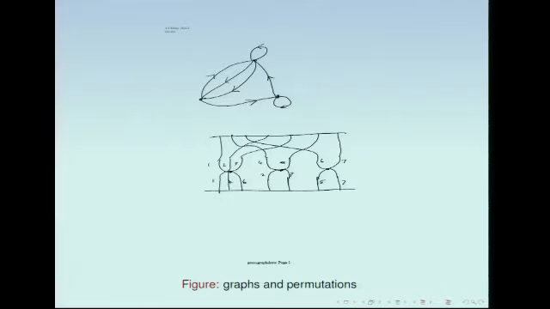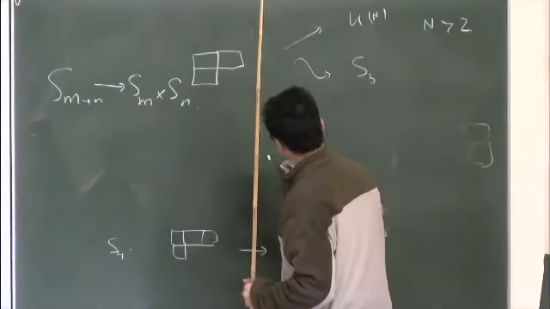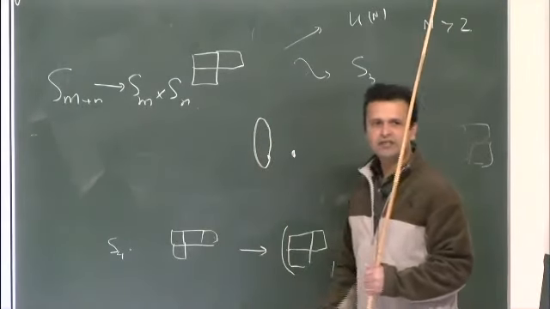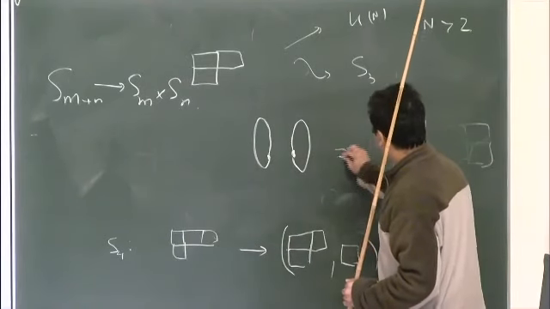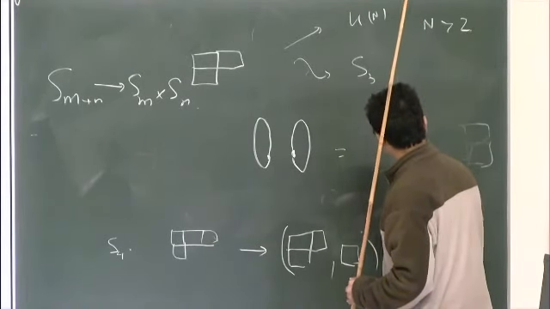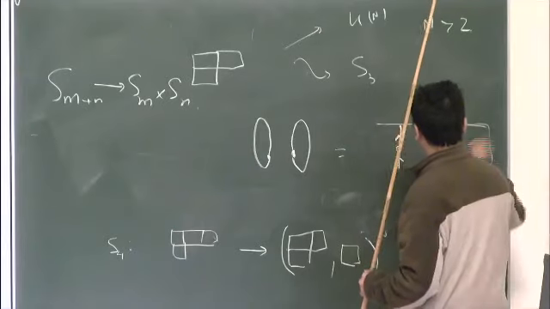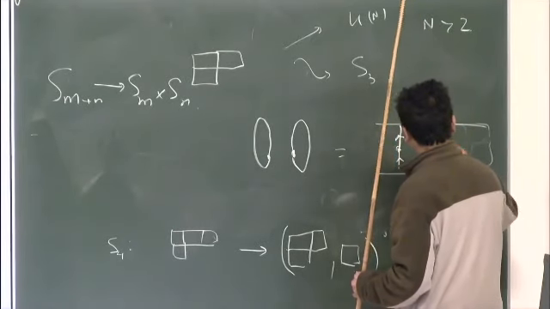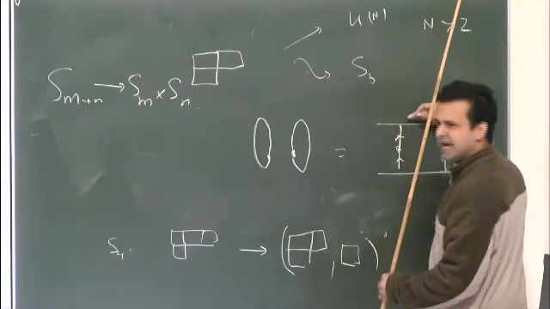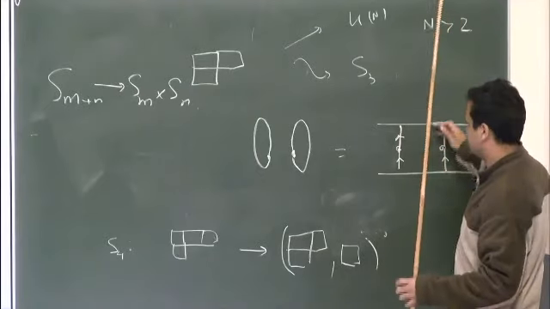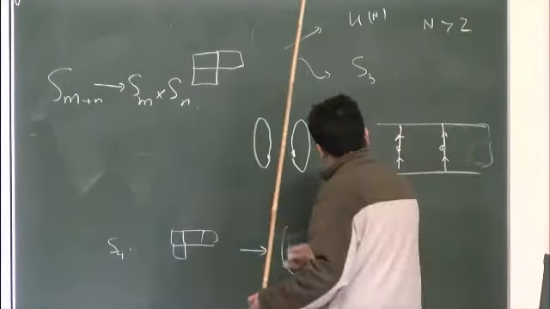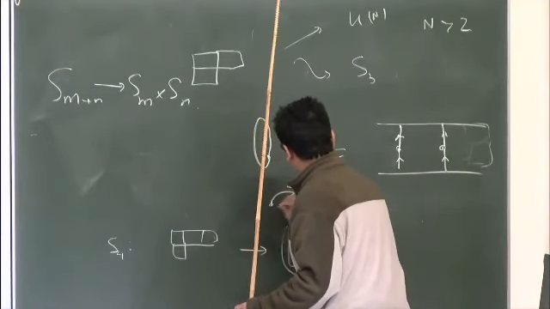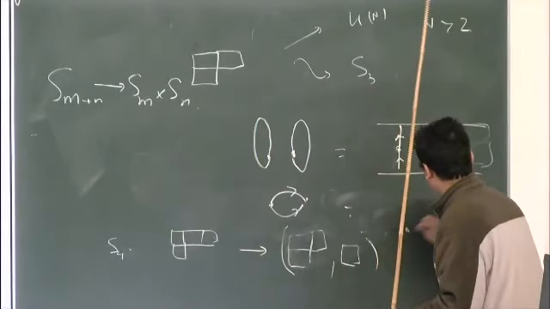So for example, let me just draw a simpler version of that picture. Suppose I have a configuration where one string goes round and comes back, another goes round and comes back. Let me draw it as one going out and coming back, and let me draw it as follows. So we just imagine this upper rung as identified with the lower rung. This is another way of drawing this. Yeah? So this is the same as that, so it just comes back. And if I have another configuration that's the same as this,